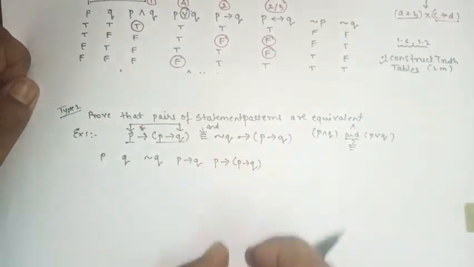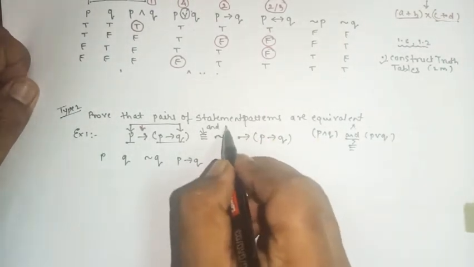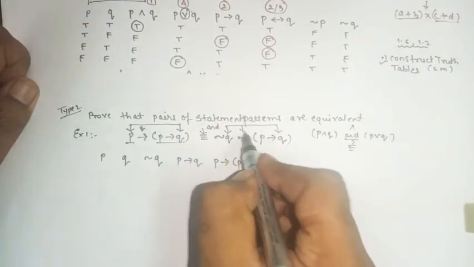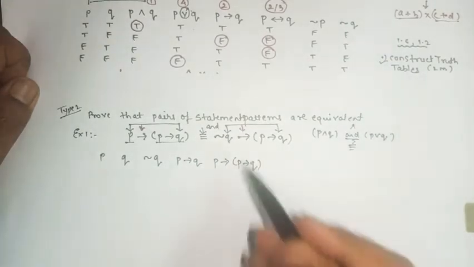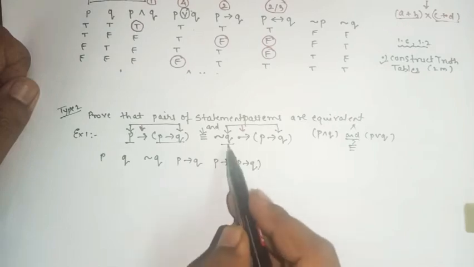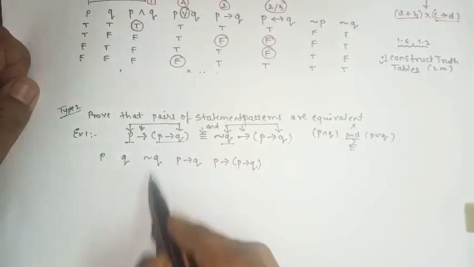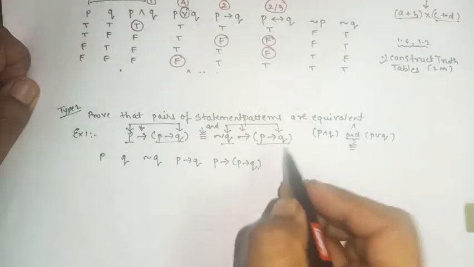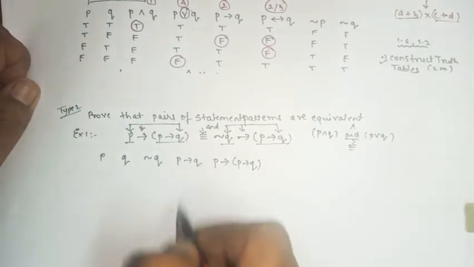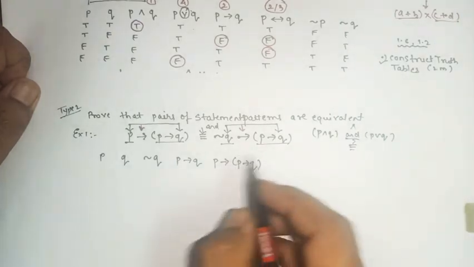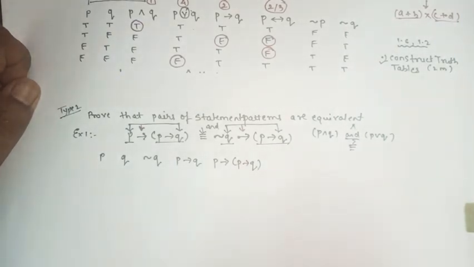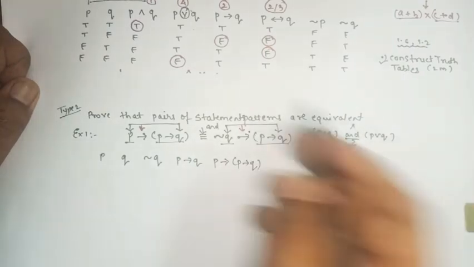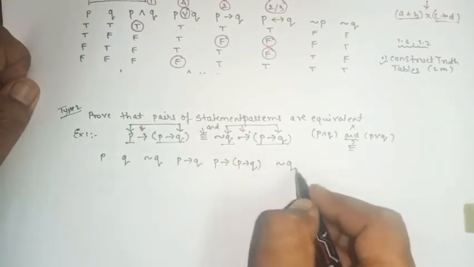This is the left hand side column. Now focus on the right hand side. So for the right hand side, here the main connection again is implies. So first negation of q will come, already it is there in the slot. Then p implies q will come, again it is there in the slot. So there is no need to repeat it again. Then we are left with this main connection, yes or no? So this pattern will come